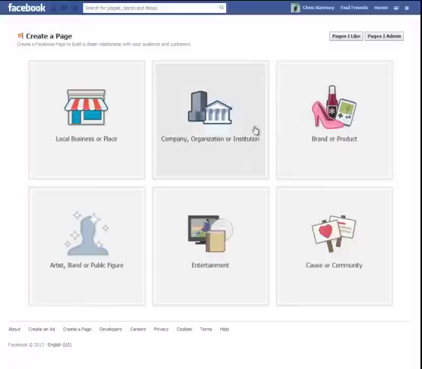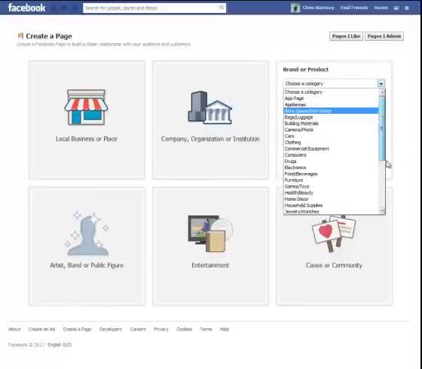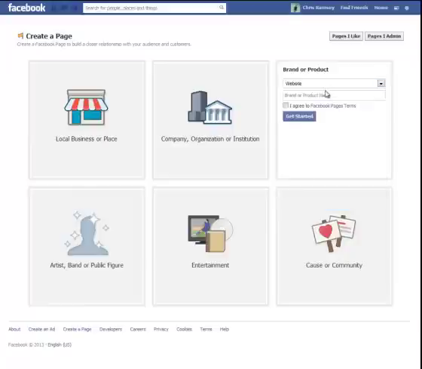Okay, so anyway, we're going to go here to brand or product, and then under category, we're going to choose website. Then we're going to type in the brand or product name. In this case, just whatever your topic is going to be. So if we're going to stick with the dog market, I would do something like "I love my dog," or something along those lines. Now, one of the things, if I were to start all this over from scratch, one of the things I would do is start a fan page like this